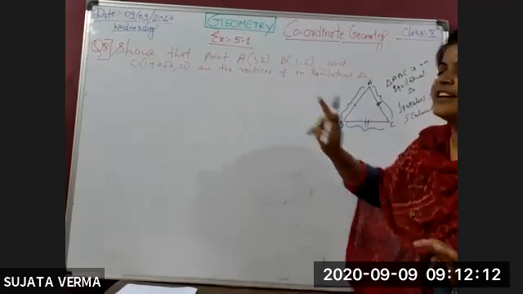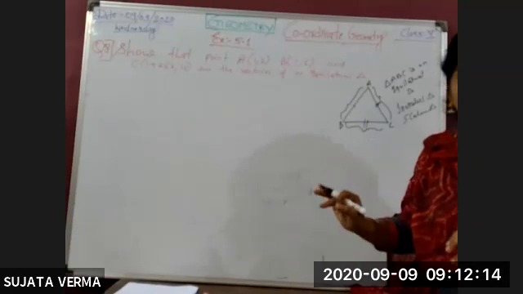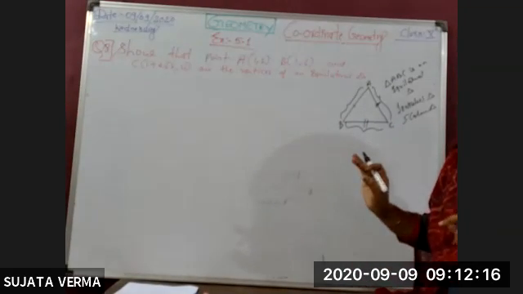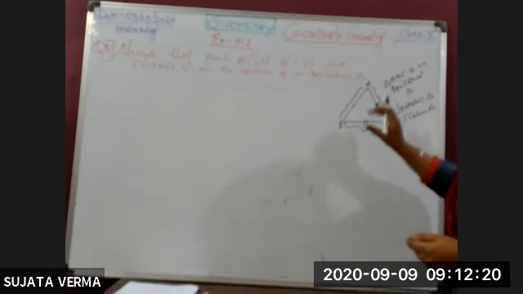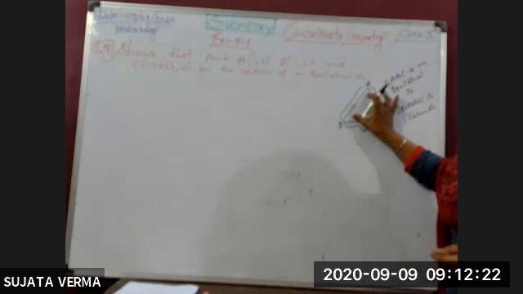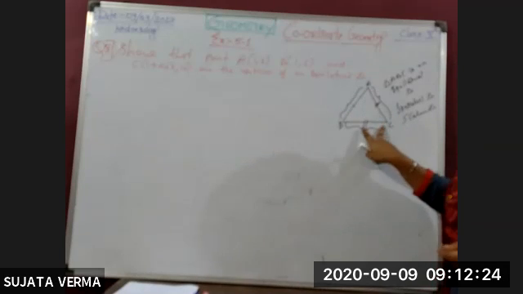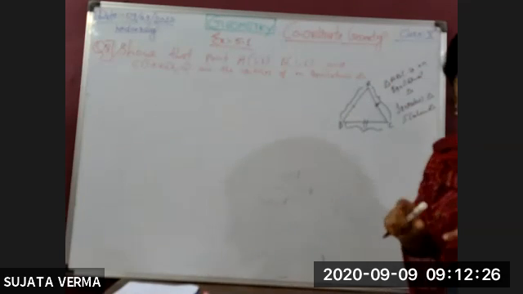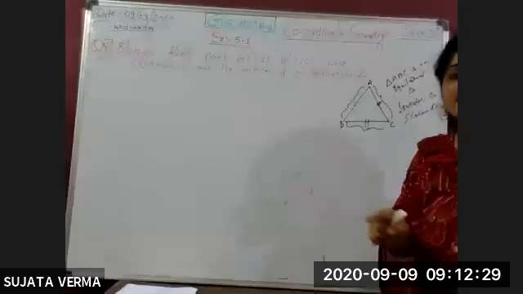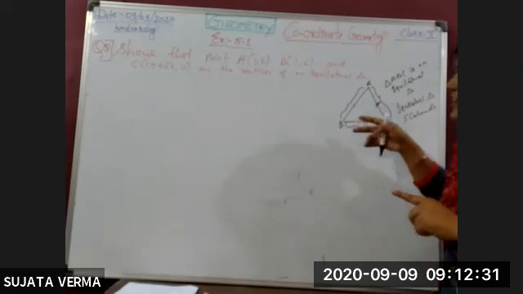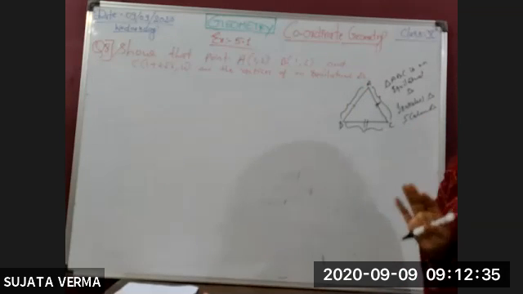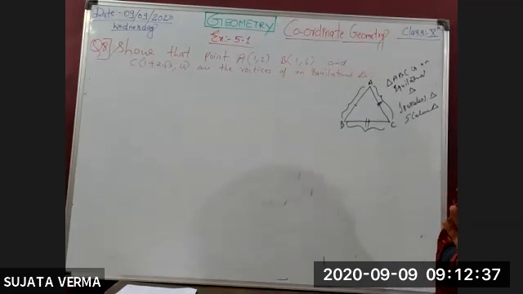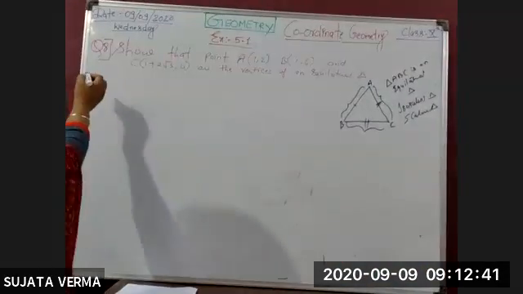points are the vertices of the equilateral triangle. So what do we have to do in this question? In this question, we have to find the length of AB, BC and AC. If all the lengths are equal, then we conclude that these points are the vertices of an equilateral triangle. Okay. Now let's start. First we write